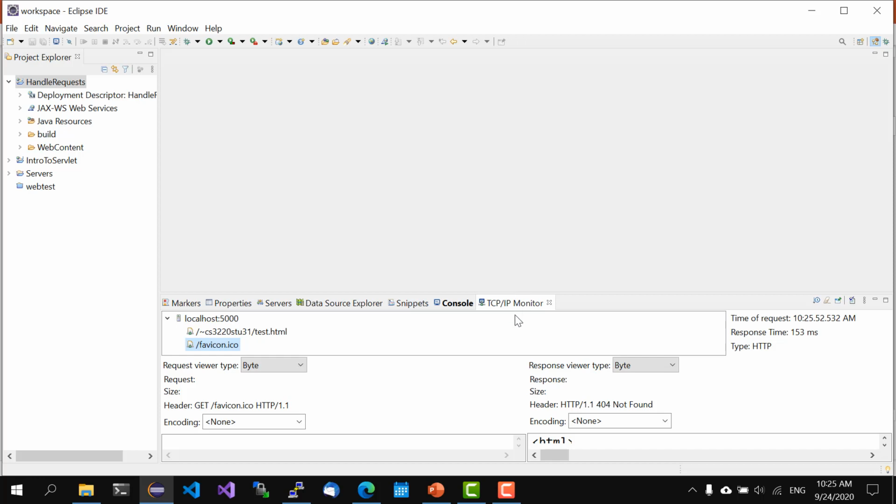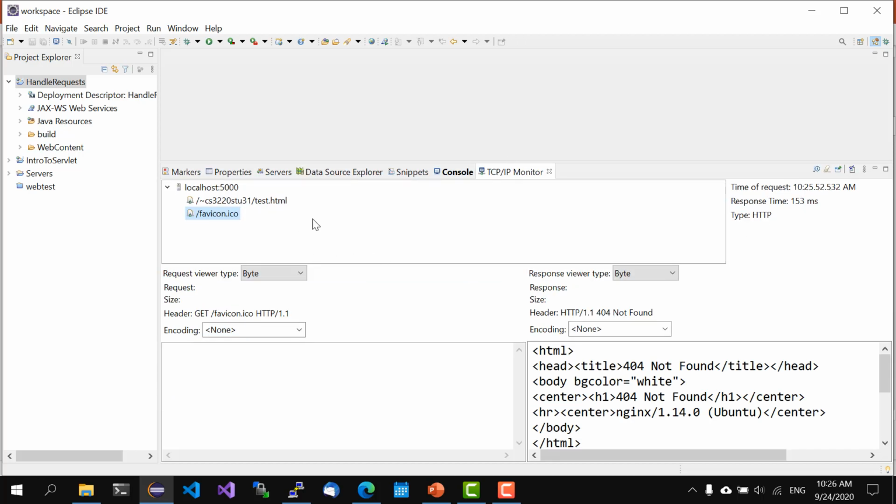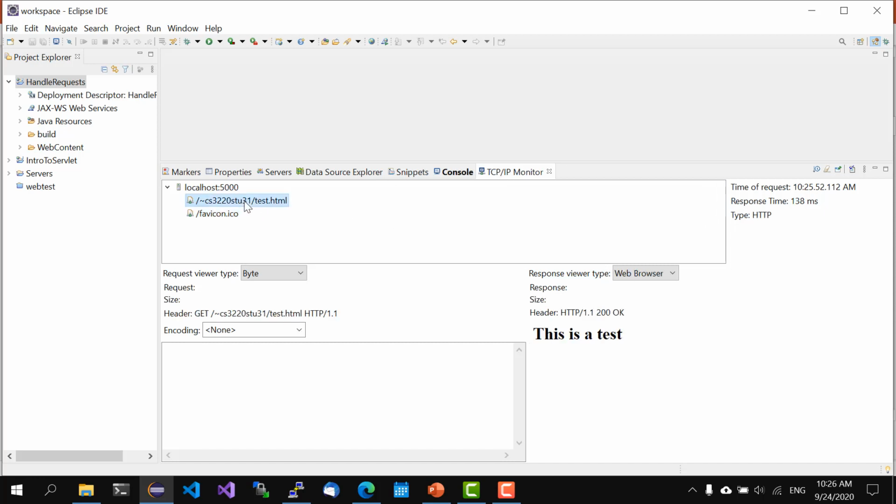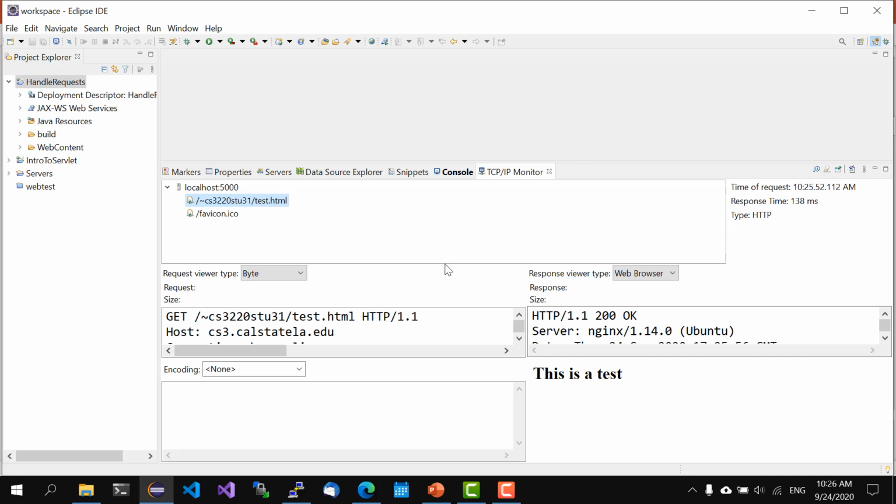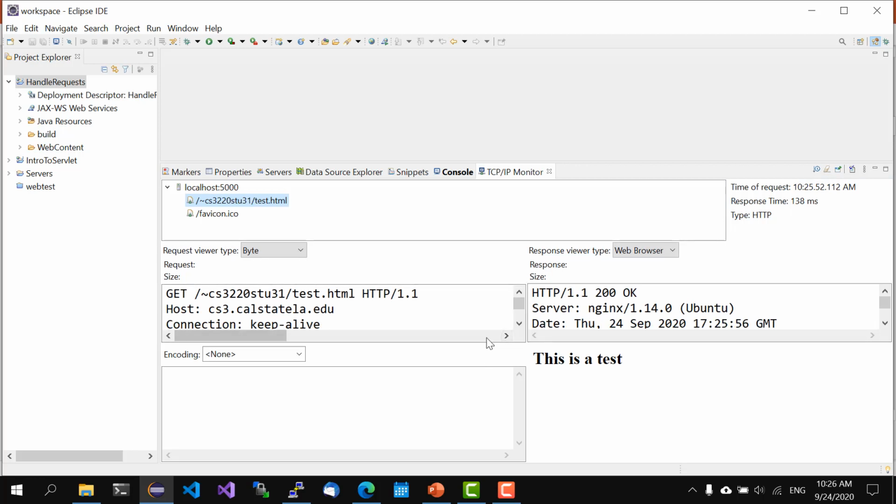The interesting things is in here. So now the request goes through TCP/IP monitor, so the TCP/IP monitor captures the request, which is here, and on the left-hand side is the request, on the right-hand side is the response. By default, the request and response headers are not shown, so we can go to the menu here and check show headers, and now we can see the